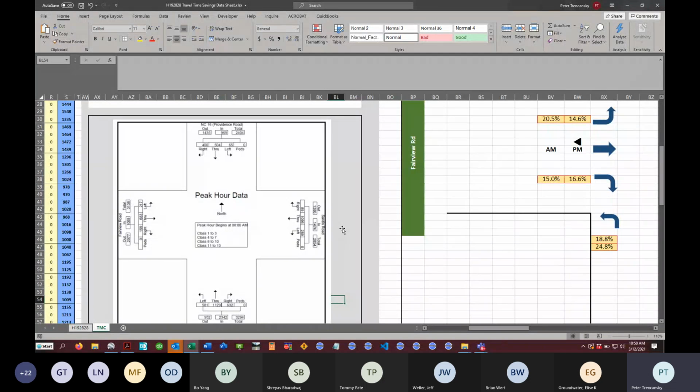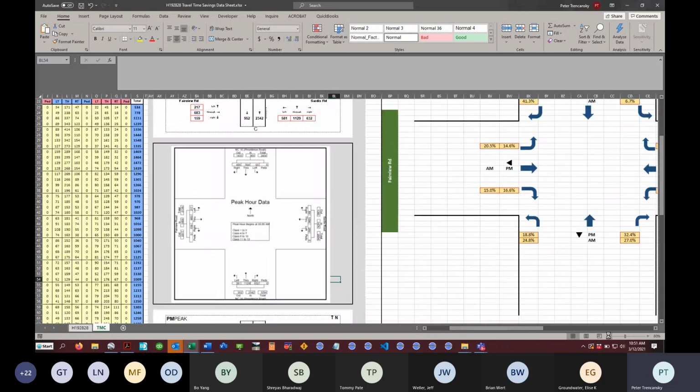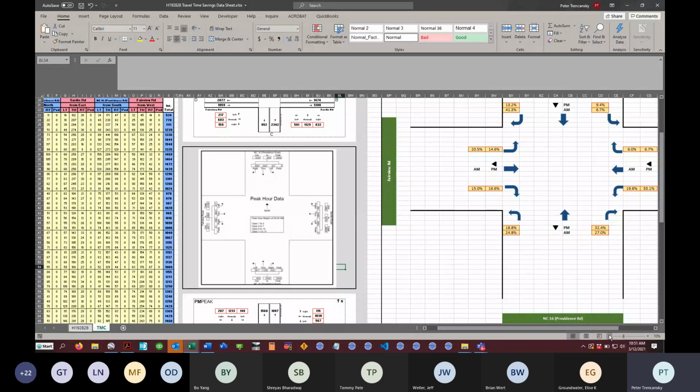If you have an interchange and it's a combination of counts, you may not have this, and just note that. Just put it in red that it's a combined count, no figures exist. Also with count data,